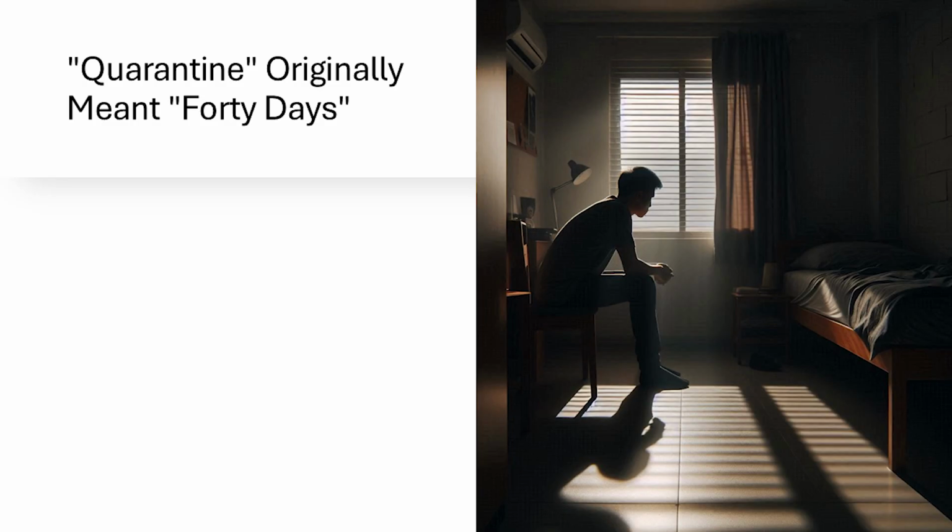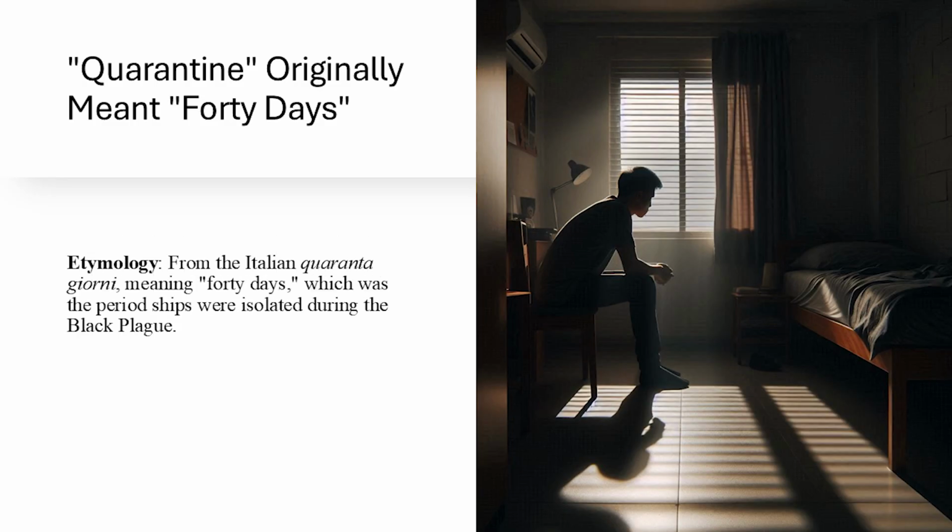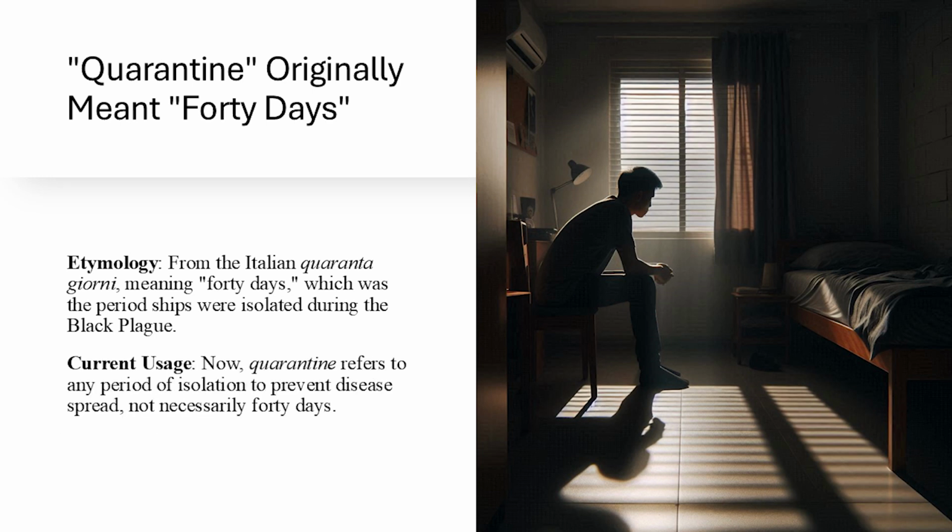Last but not least, the word quarantine. Quarant means 40. It means that you kept people in a particular place for medical reasons for 40 days. This dates back to the Black Plague. However, nowadays when we use the word quarantine, we don't necessarily mean 40 days. And I'm glad that we don't. As you remember, during COVID, there were quarantines, but they were like a couple of days. Imagine if they actually literally meant 40 days. Life would be worse than it was. So you can quarantine a person for 1 day. You don't have to do it for 40 days.